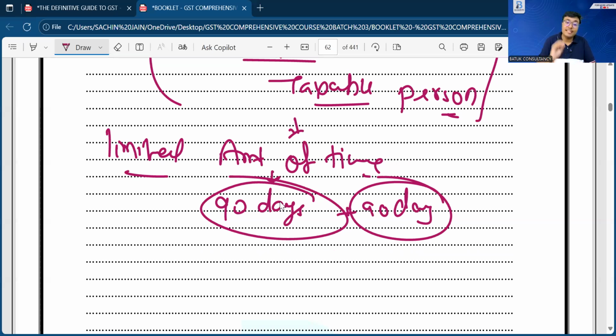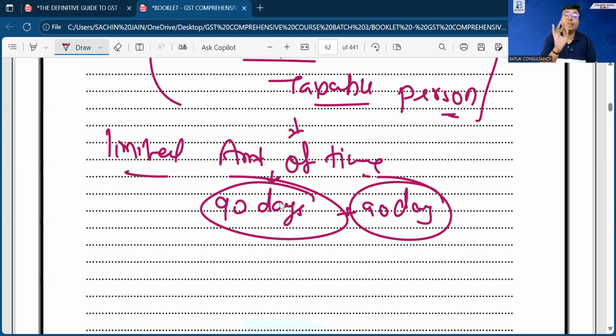Most probably, these persons are taking the GST registration to participate in an exhibition. Suppose we are from Jodhpur, Rajasthan, and we are attending a convocation of ICTPI which is going to happen at Bellary, Karnataka. In that case, when we are going to sell our product from that particular place in the exhibition, we have to take the GST registration from Karnataka. At that time we are not taking our permanent registration, we will take a temporary registration. So we may apply for the temporary registration as a casual taxable person, maximum for 90 days. The same can be further extended